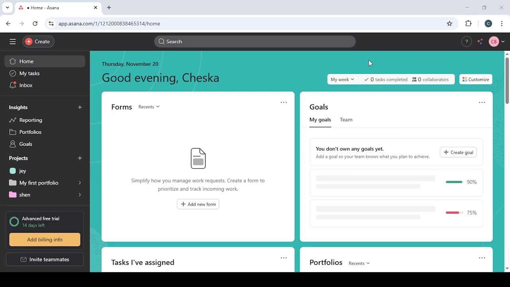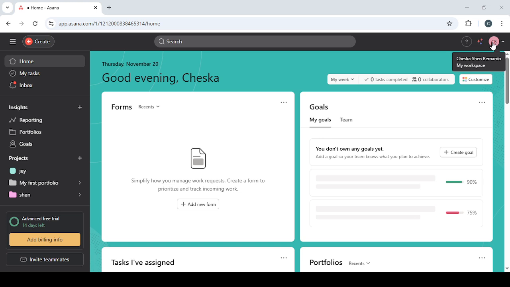Open Google Chrome and head to Asana. If you aren't already logged in, sign into your account so you can access your workspace. If you use multiple organizations or teams, make sure you're in the right one before you continue. It's a good idea to keep Asana bookmarked in Chrome so you can get back to it quickly throughout the